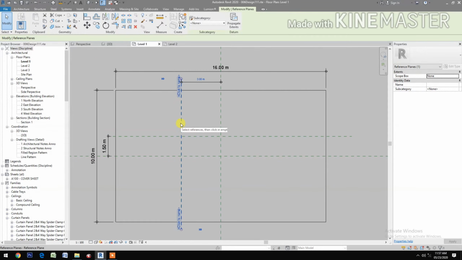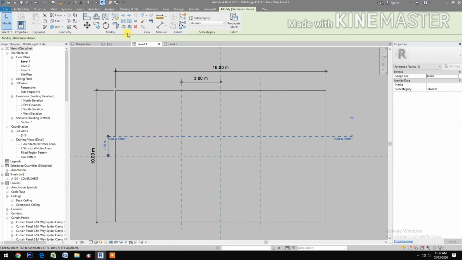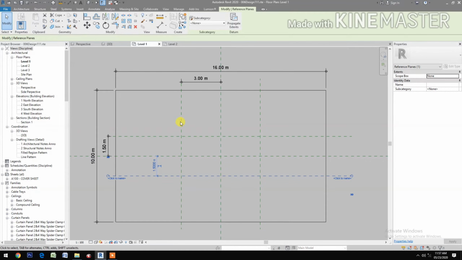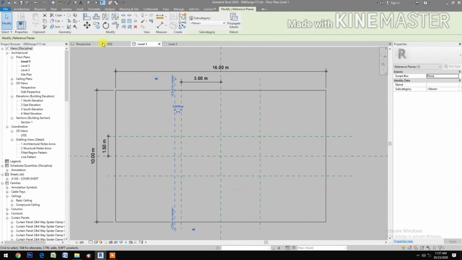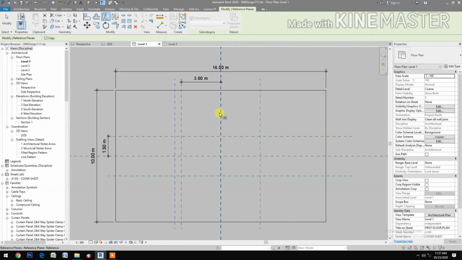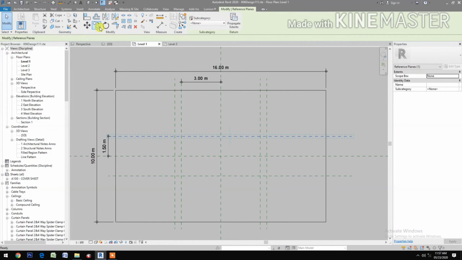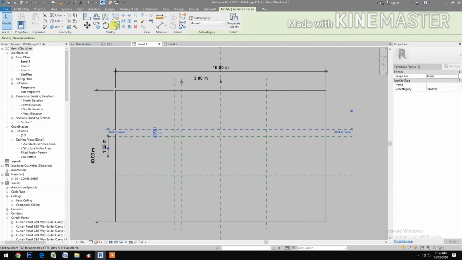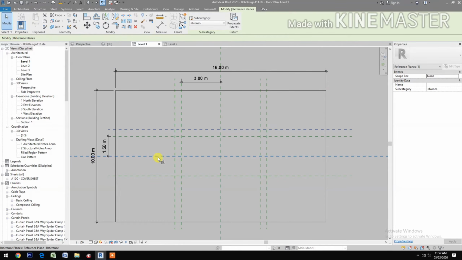1.5, okay, select reference plane, mirror, select reference plane, then mirror, okay, then select reference plane, copy, move to the left, type 0.5, okay, then mirror, then select reference plane, copy, move up, type 0.5, okay, mirror, select reference plane, mirror, okay, pick,